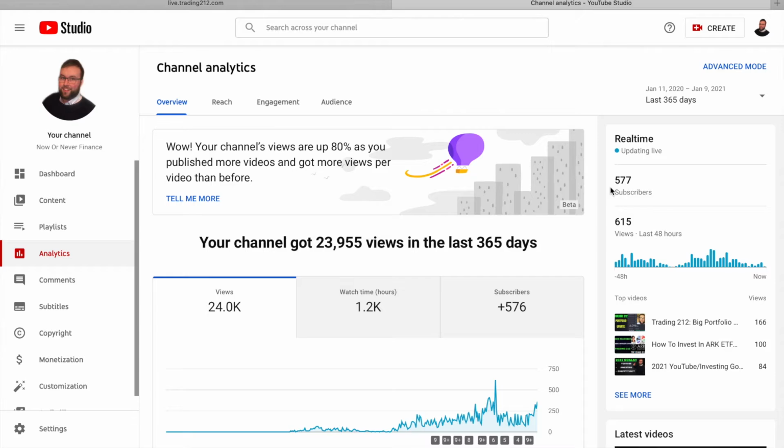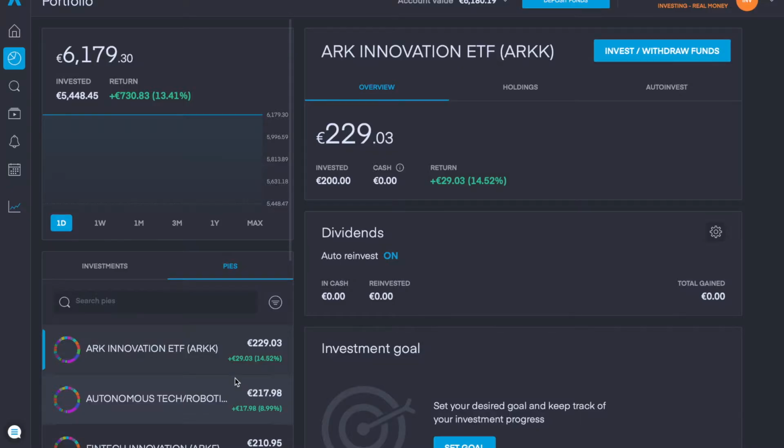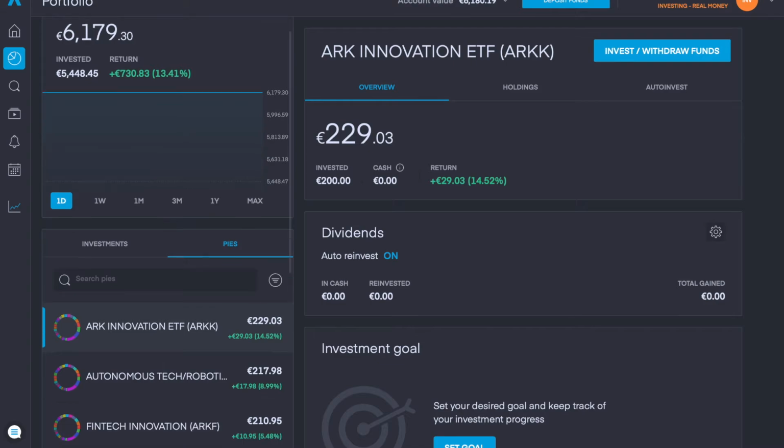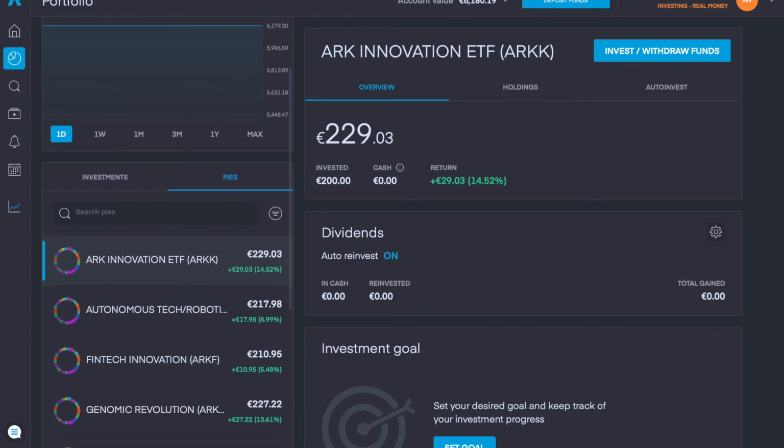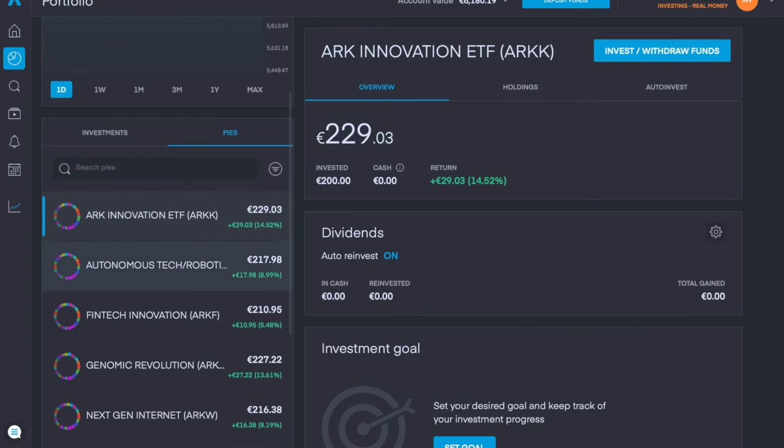And with all that being said, let's dive right on over to Trading 212. Firstly, you may ask yourself, what actually is a pie? And on Trading 212, this is one of their main features. So in quick summary, a pie is an accumulation of your stocks or shares that you want to